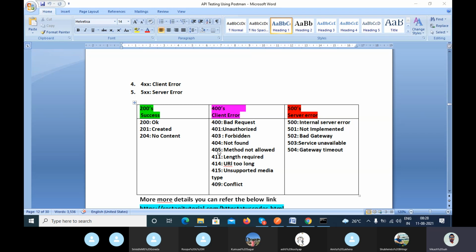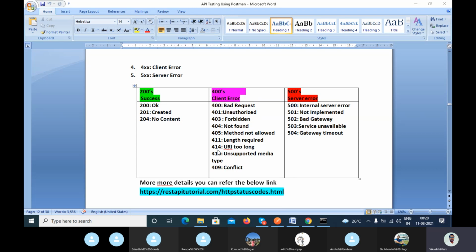If you talk about unauthorized and authorization, there are two terms: authentication and authorization. These two terms are very important in web service testing.